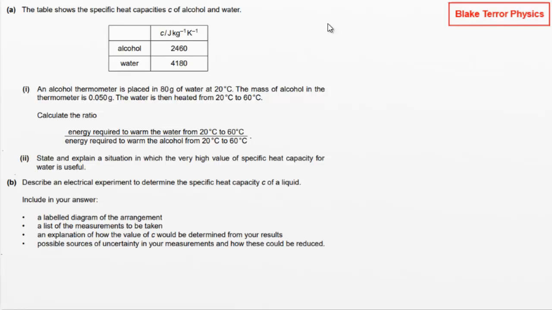Okay, well, we know that the energy in all of this is E equals mc delta T. So we're just taking a ratio of these things, and the temperature change is the same. So that ratio is going to be equal to the mass of the water. Oh, I've given them both in grams, so let's stick with both in grams. So we've got 80 grams of water multiplied by the specific heat capacity of water. We can ignore the delta T because that just cancels what we have on the bottom. We can then divide that by 0.05 times